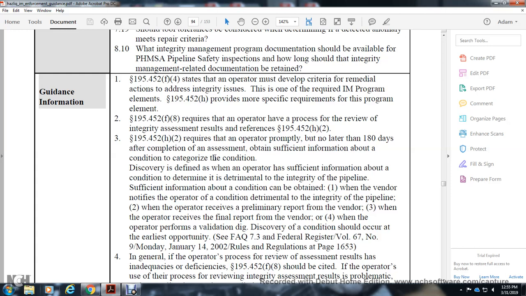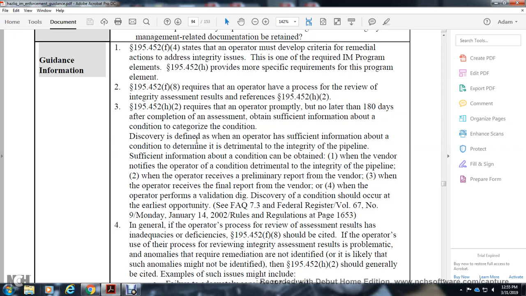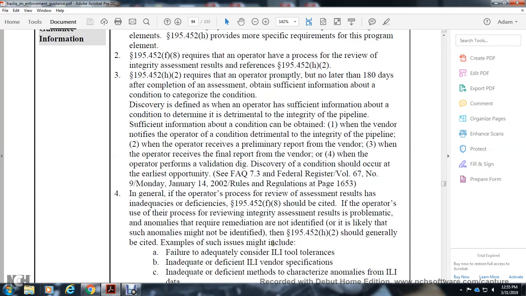to discover the condition at the earliest opportunity. If the process is inadequate generally, the operator of the process, if the result of the review of the assessment result shows an inadequate deficiency, 195.452(f)(8) should be set. The operator, even with the process of the review of the integrity assessment result, may have problems with the anomaly required for remediation. Anomalies not identified, 195.458, should generally be set. Examples of issues that may be included: failure to adequately account for ILI tolerances, inadequate deficiency in ILI vendors,